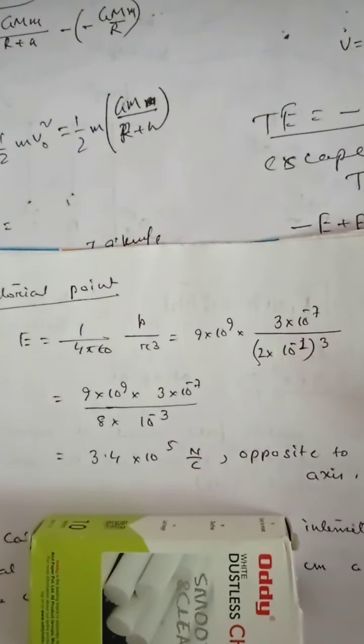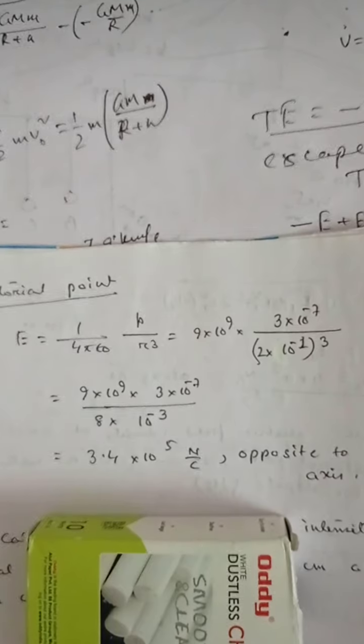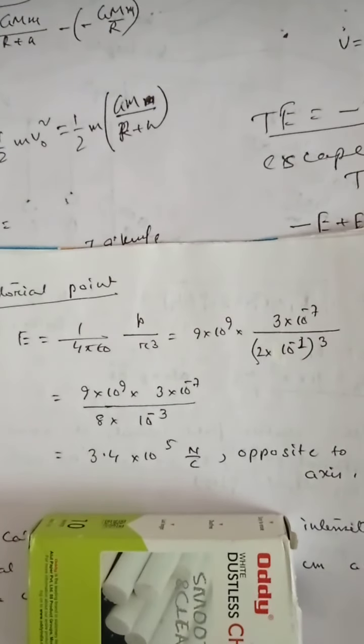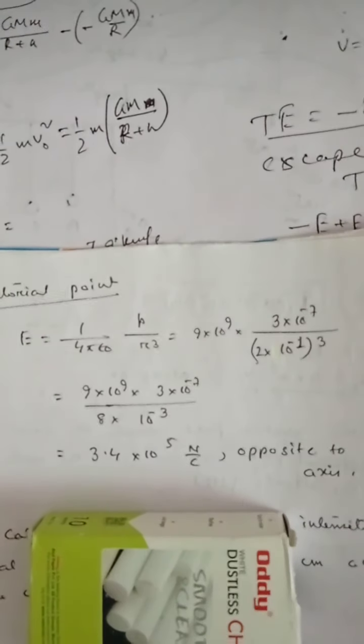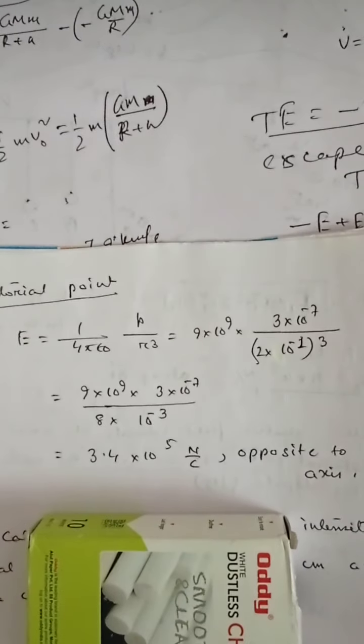Okay? So if you have any doubt, you go to the theory part of electric dipole. You see the expression of electric field intensity at an axial and at equatorial point. We know that electric field intensity at an axial point is along the direction of dipole moment, that is from negative to positive charge, and at equatorial point it is opposite to the dipole moment. Okay.